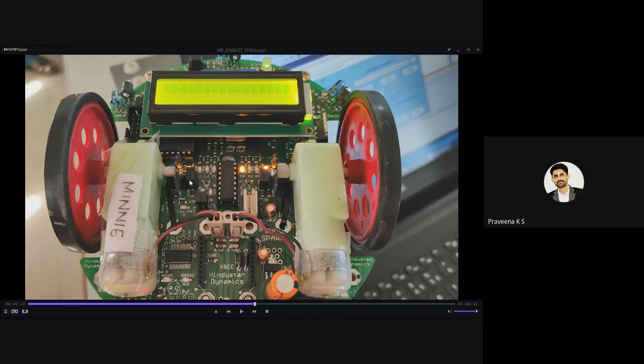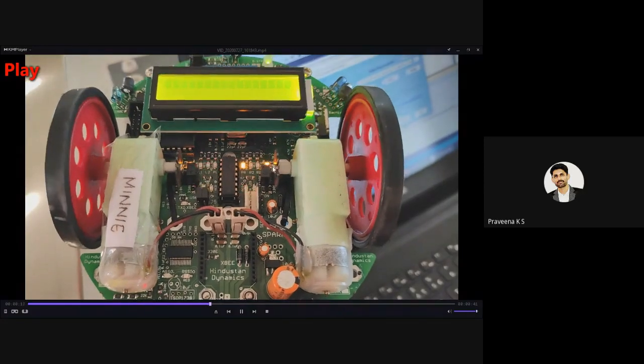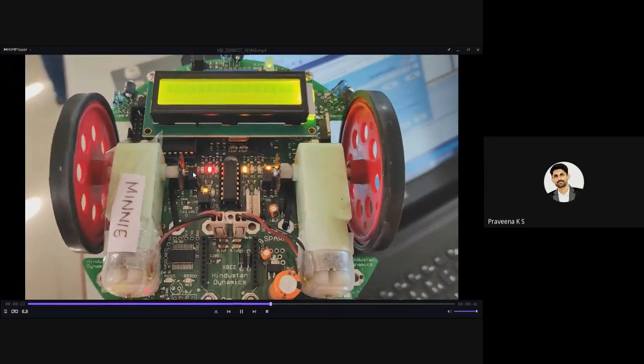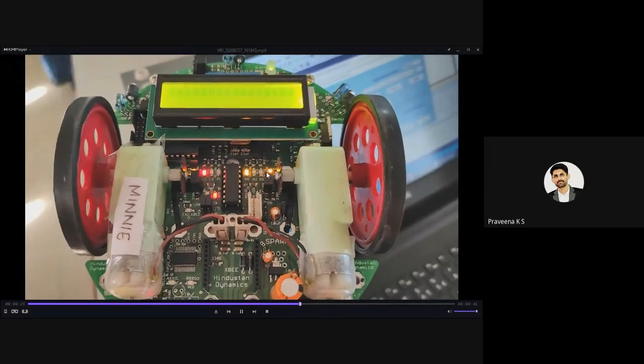It has around 17 cross sections. We also have IR sensors here, optical sensors, which continuously send a signal. Whenever the tooth-like structure cuts the signal, it is taken as one count. To show the count, we have a separate LED. If you observe while it is moving, as it cuts the signal, the LED will blink. For one blink, it will take one count.